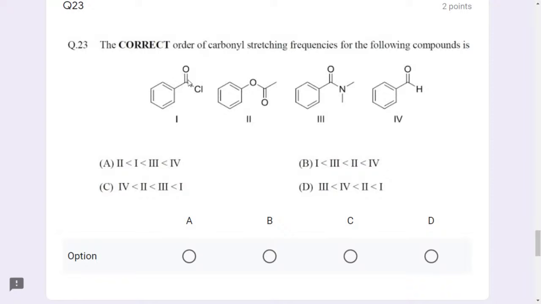So this compound is going to have more double bond character, so its stretch is going to be strong. Yes, so for the stretching frequency of the following compounds, compound 1 is going to have the highest stretching frequency. That means the option which is having C and D. Next follows